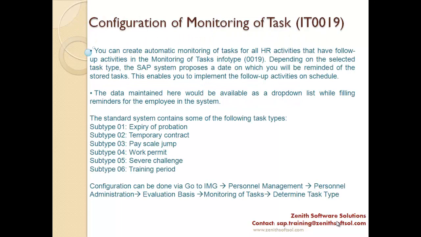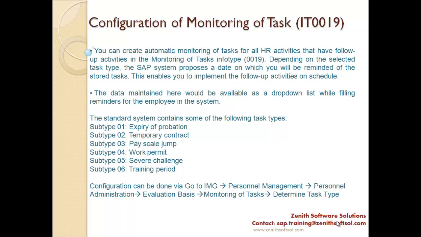So, what is info type 19? Info type 19 is monitoring of task. You are monitoring a task which has to be performed. So it says you can create automatic monitoring of tasks for all HR activities that have follow-up activities in the info type 19. Depending on the selected task type, the SAP system proposes a date on which you will be reminded of the stored